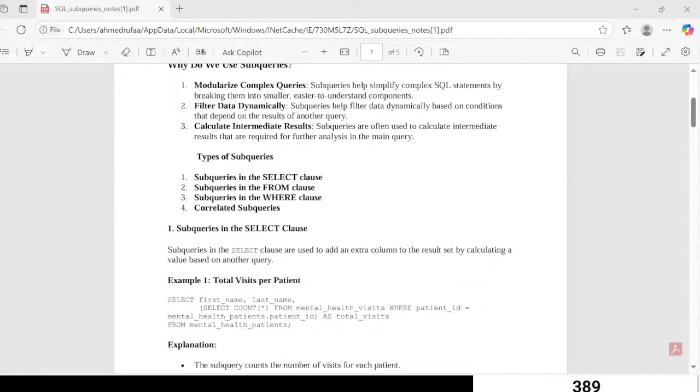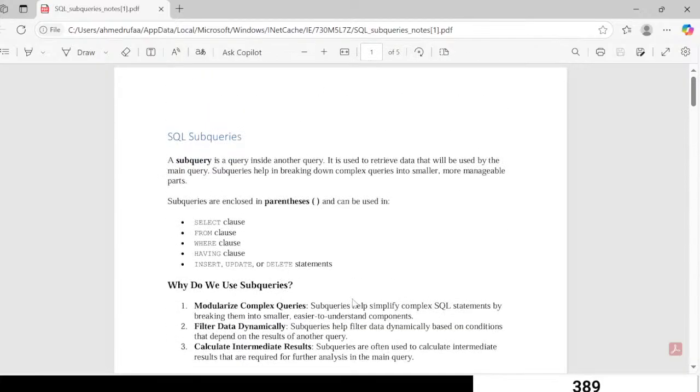Yep. So I want you to answer what subqueries are. Who can tell me what subqueries are based on what you have just said? Can you paraphrase in your own words and tell me what subqueries are and what you have understood about what we just discussed right now? So, subqueries